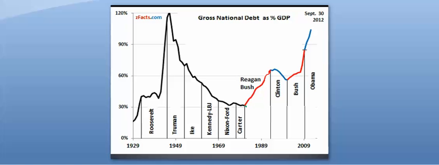In addition, Clinton kept his promise to be fiscally responsible. In 1995, 96, 97, and 1998, the U.S. had a balanced budget, meaning they did not spend more than they took in. In fact, in 1998, the U.S. government had a surplus. They actually had extra money left over at the end of the year. Crazy.